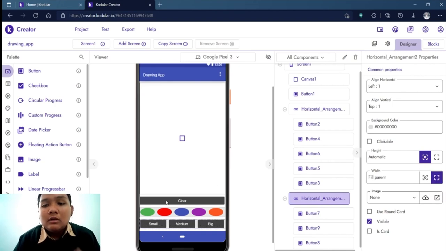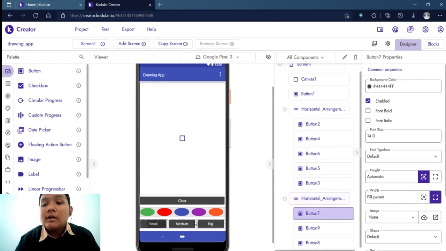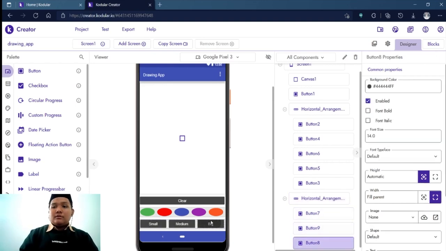So the horizontal arrangement, the canvas, and the brush size button will be set to fill parent. The horizontal arrangement will make the width fill parent, so it fills the screen. Okay, after that, if it's done,